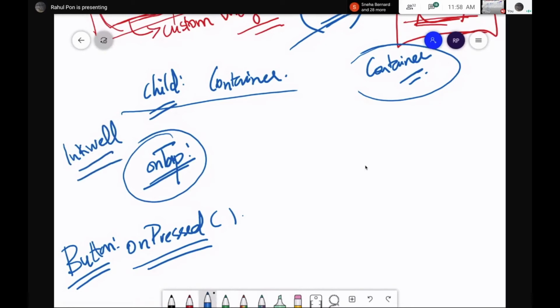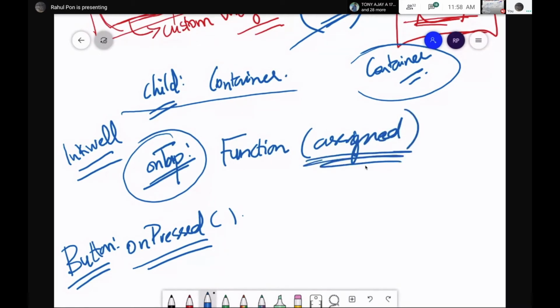onTap will accept a function. You're assigning a function. You get the difference, right? We saw this earlier: what's called assigning a function, and what's called calling a function. You cannot call a function.